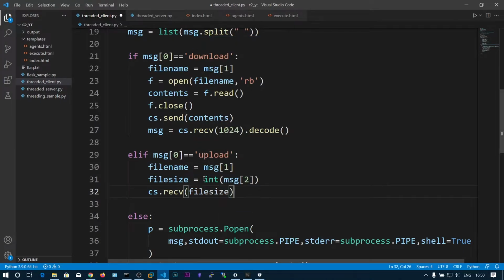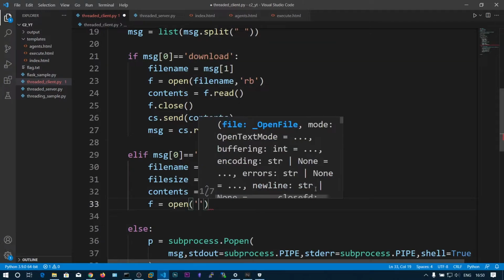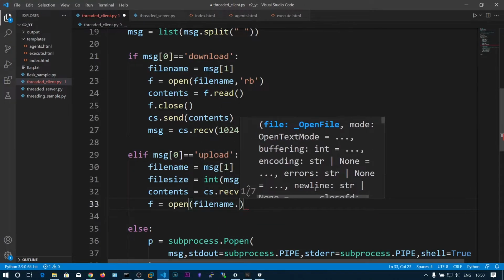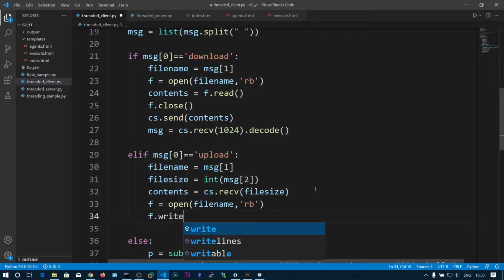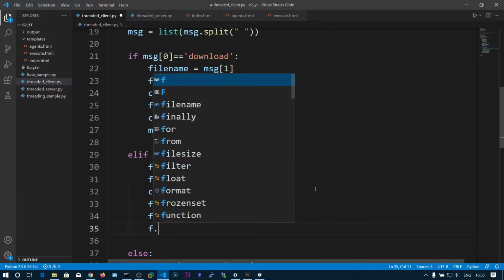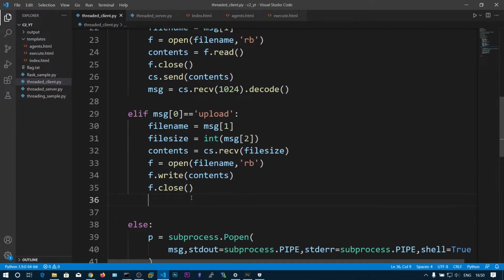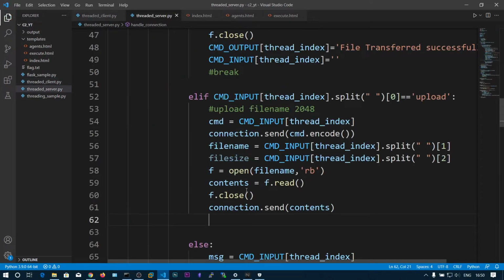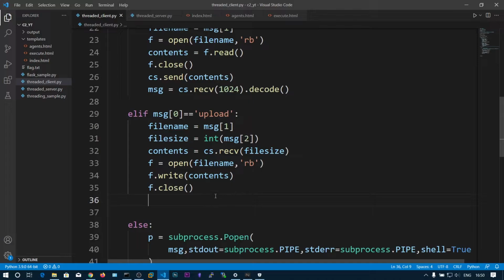Receive of file size, and it's the contents, and f is equal to open of file name in the write binary mode, and we need to write the contents, and we need to close this file, and we can send a message that the file has been received successfully.